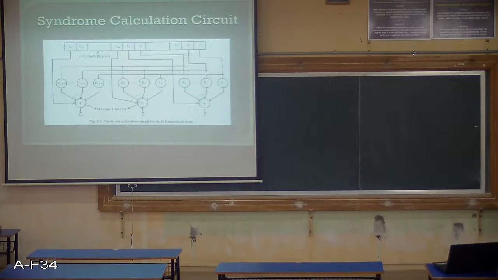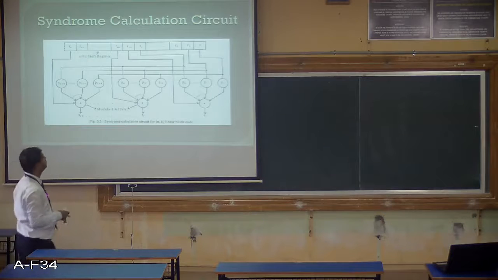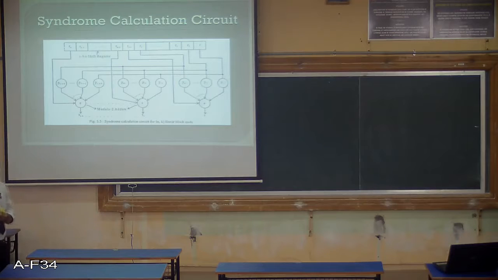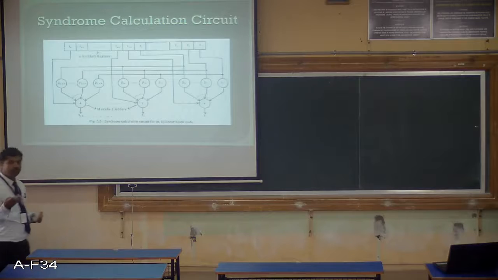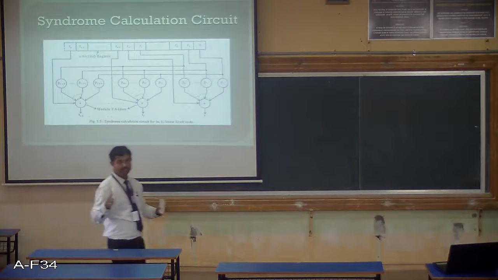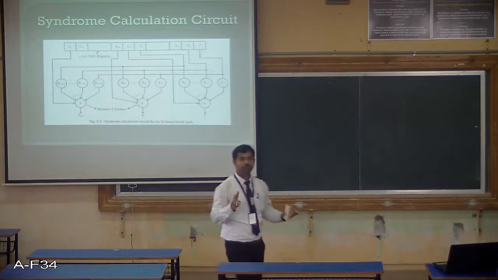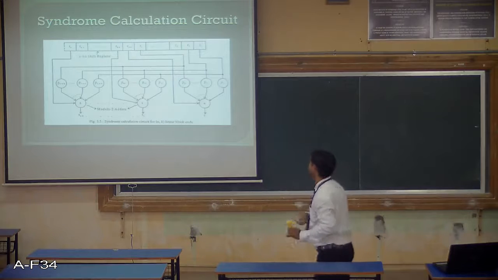That's what I am representing with R1, R2, R3, so on up to Rn. Those are the shift registers, followed by, again, the same thing, mod 2 adders. If you look at the previous equations, we come to know what the requirements are to implement the circuit. I need shift registers and mod 2 adders. That's it.